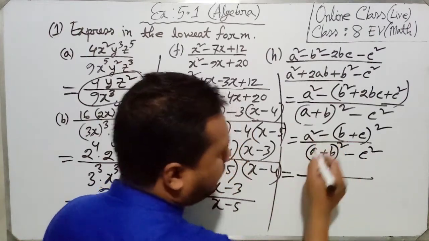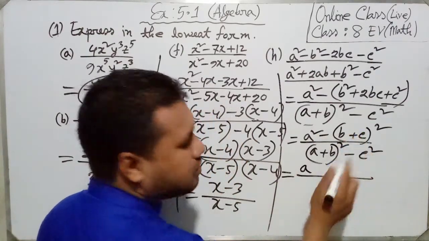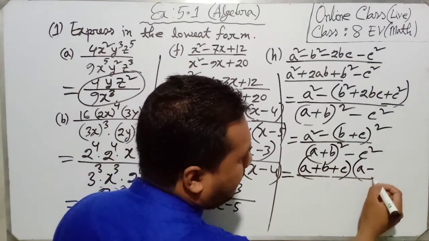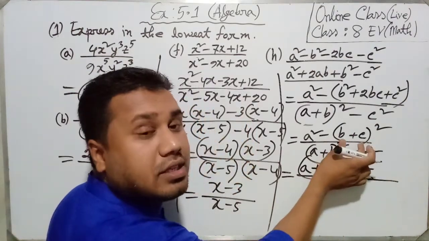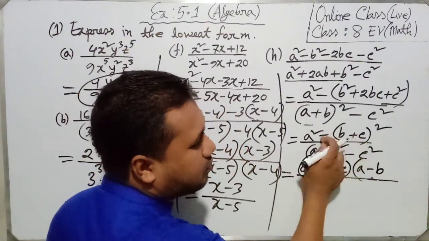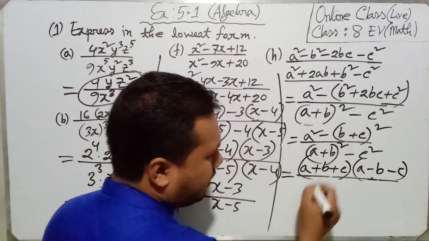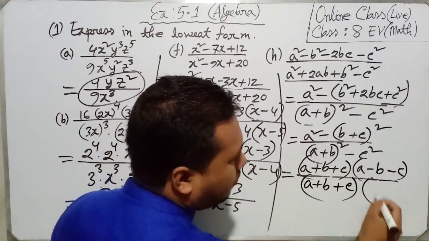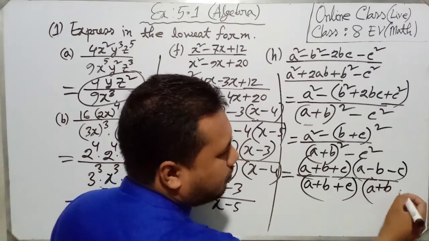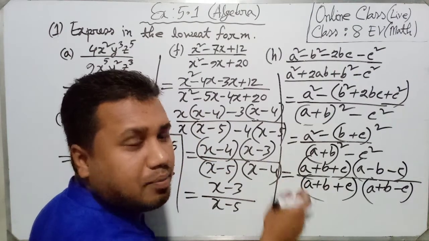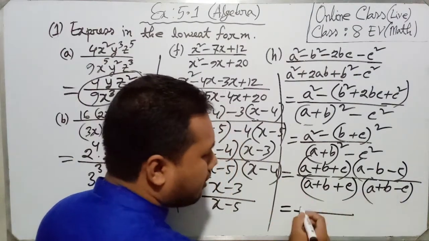Now dear students, if you write a plus b and a minus b, this b plus c indicates b, so it will be minus, and plus a minus minus. Now it will be f plus b plus c, and another one will be f plus b minus c. Now this f plus b plus c will be cancelled. Now our final term will be